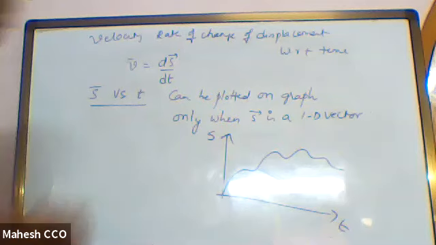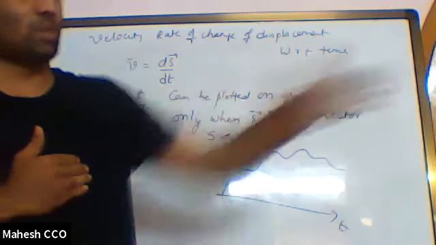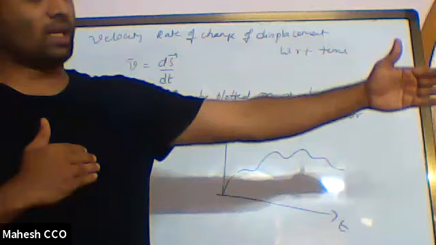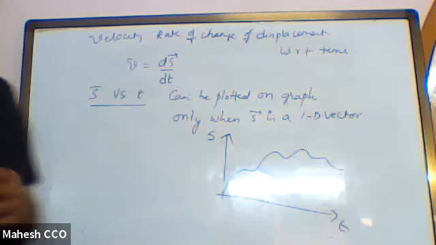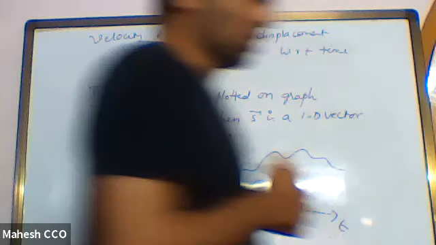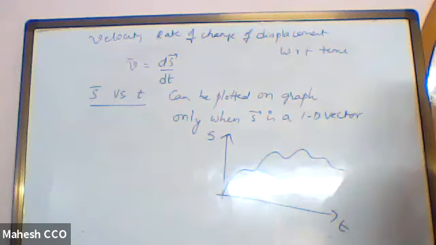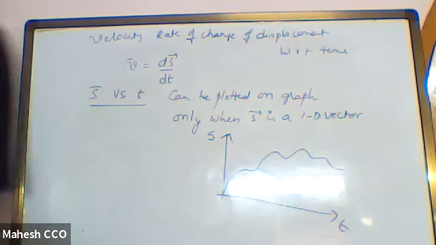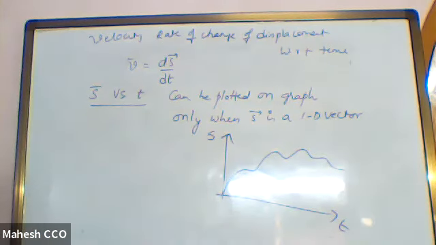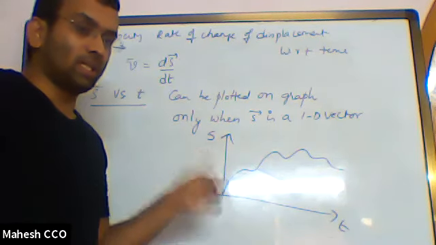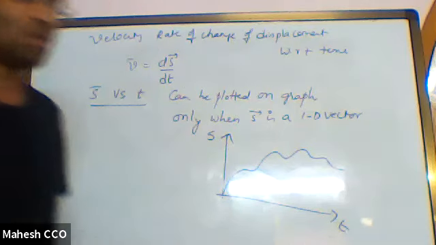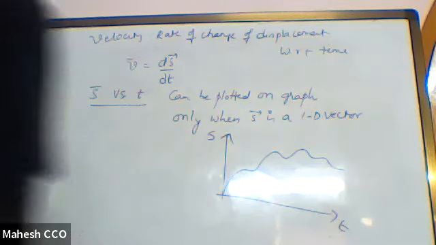However, I have moved just in one direction. That means I have moved in a one dimensional way only, because to describe my motion, all I require is my x position. I am not moving in the y and z directions. Now, the displacement versus time graph can be like this, but it still means that the particle is moving along some straight line if you have plotted the displacement versus time on a graph.